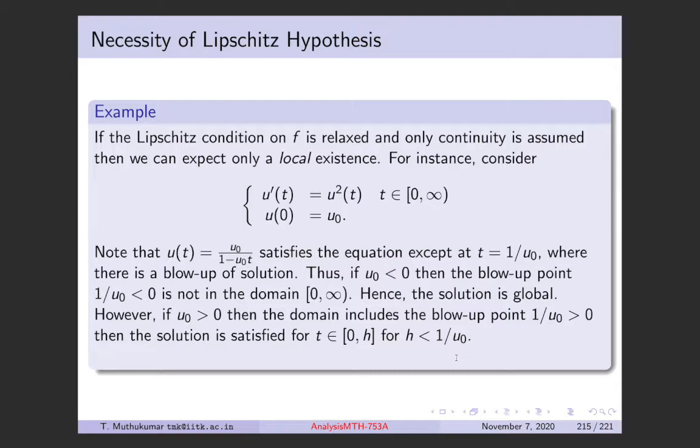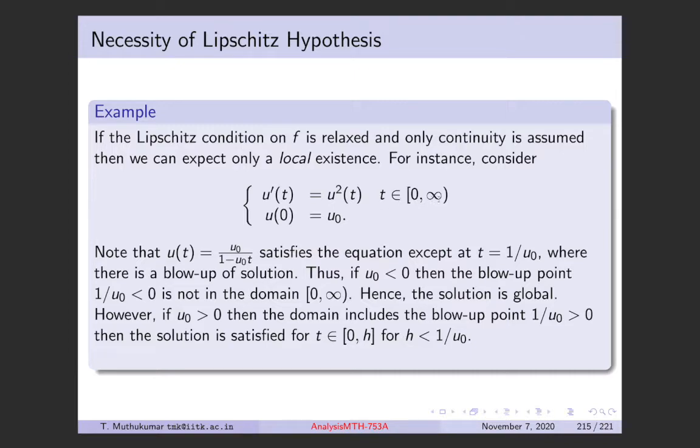Or you have to take intervals which are bigger than 1 over u naught. So either you take a connected interval which is contained in (0, 1 over u naught), or you should take an interval contained in (1 over u naught, infinity). Okay, so you don't have a global solution as such, you have only a solution satisfied in certain regions of